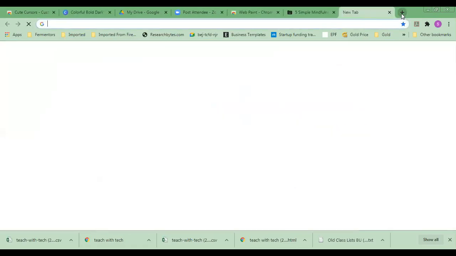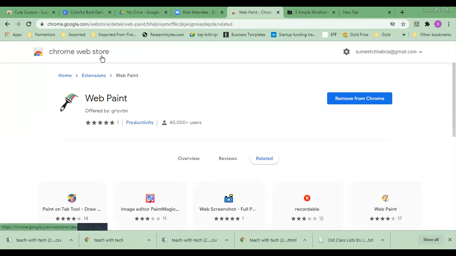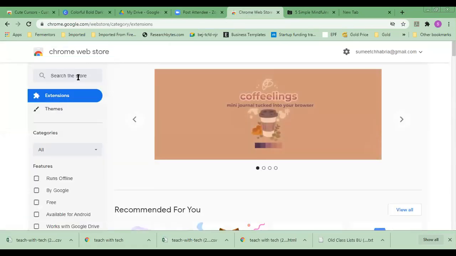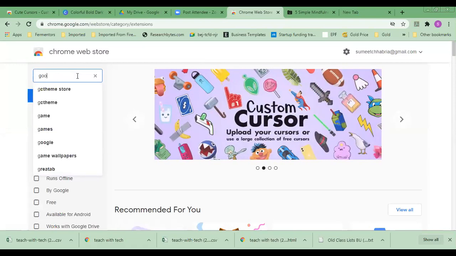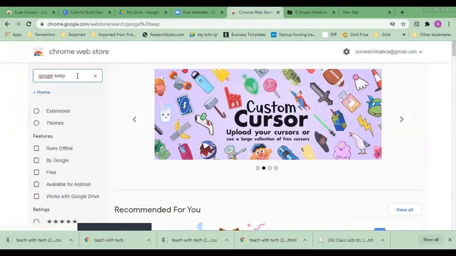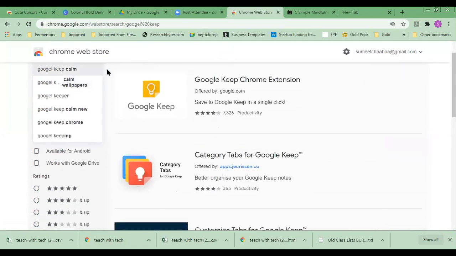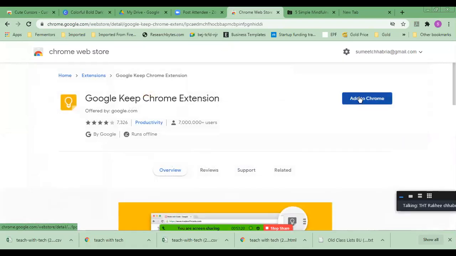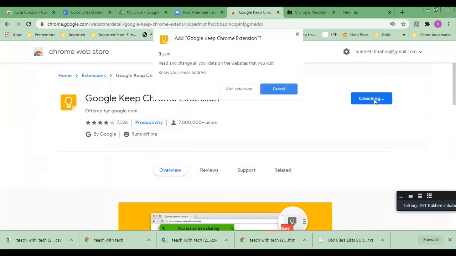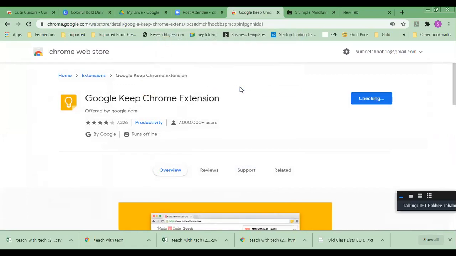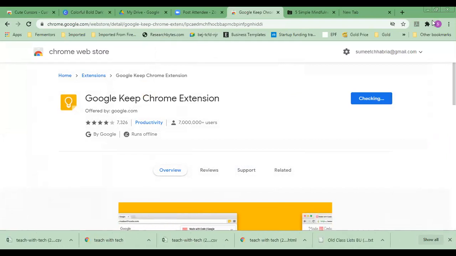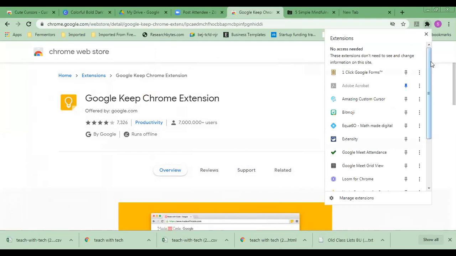Now that's a very simple extension to have. Even if you don't wish to have it, it's absolutely fine. But I found it useful because when I am doing an online session, I type Google Keep, it is more like a notepad that I have in front of me instead of going to my diary, or going to my phone notepad and taking notes, or opening a Word document and taking notes. So this is an extension which allows me to quickly open up the extension as a notepad,